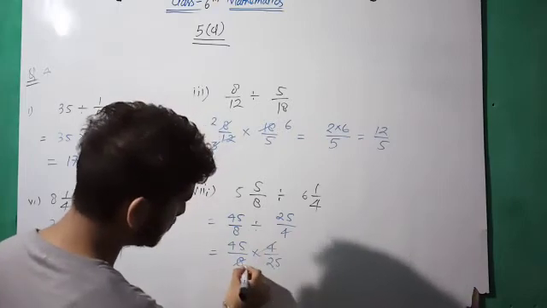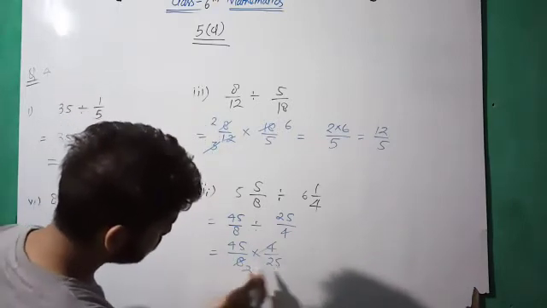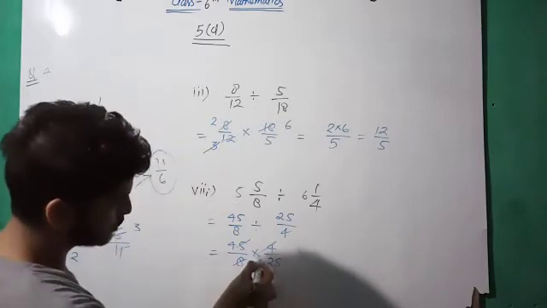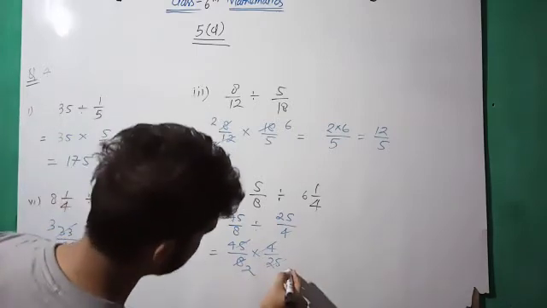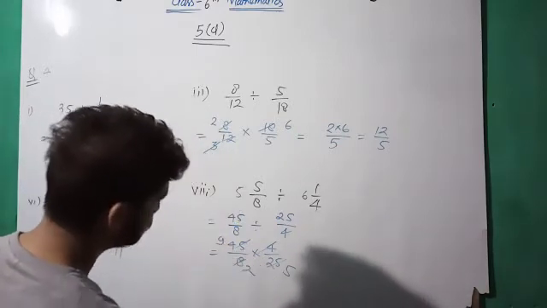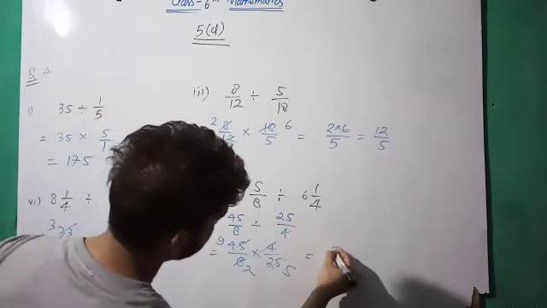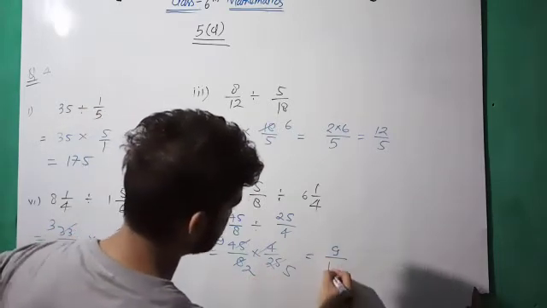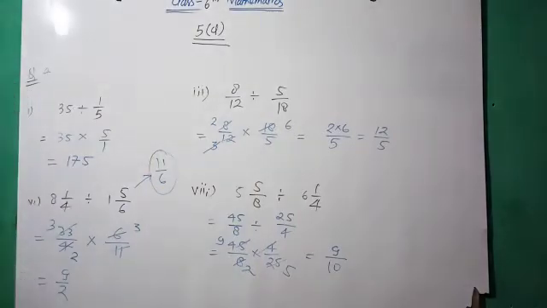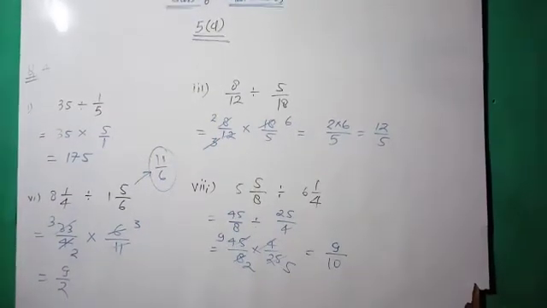Just take the reciprocal, 45 by 8, 4 upon 25. Okay, 4 into the 8. Now you have to simplify these two terms by using division by 5. 5 fives are 25 and 5 nines are 45. So the answer is 9 into 1, 9 upon 2 into 5, that is 10. So 9 by 10 is the answer. The rest of the parts are your homework. Okay. Now we will discuss the question number